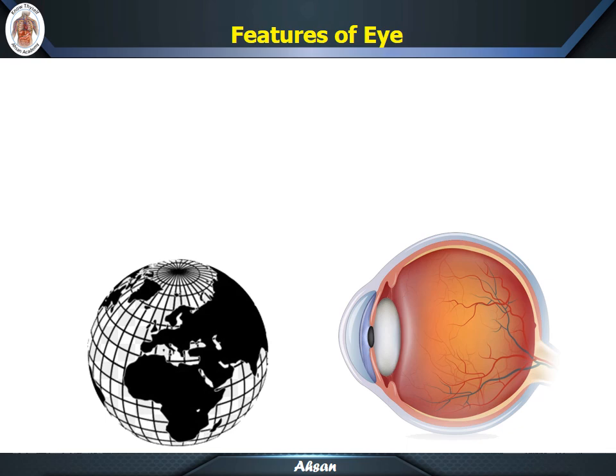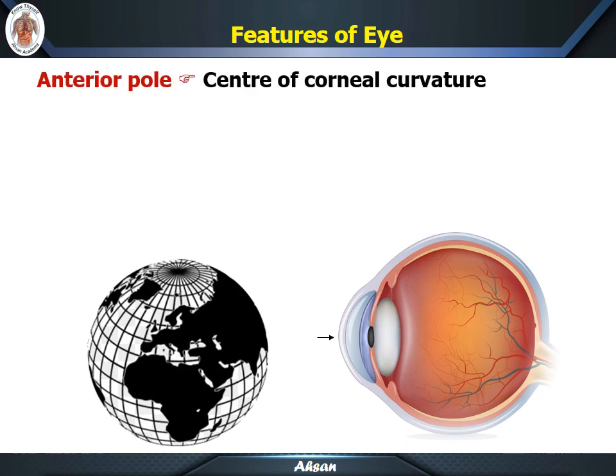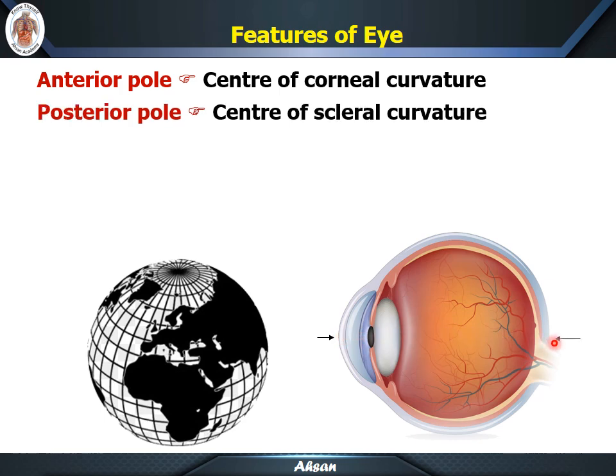What are the features of the eye? Before that, we should be conversant with the terminologies related to the eye. The eye looks like a globe. So there are some common terminological identifications with this eyeball, like the anterior pole. You see the center of this layer, the cornea, is called the anterior pole. Naturally, the posterior pole is opposite to this one,